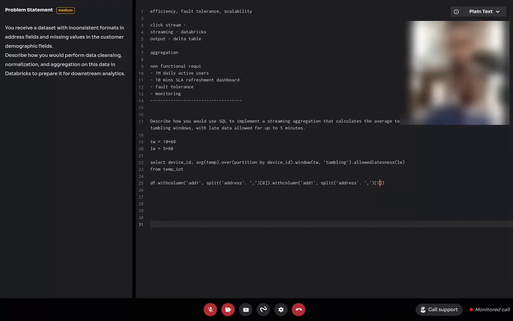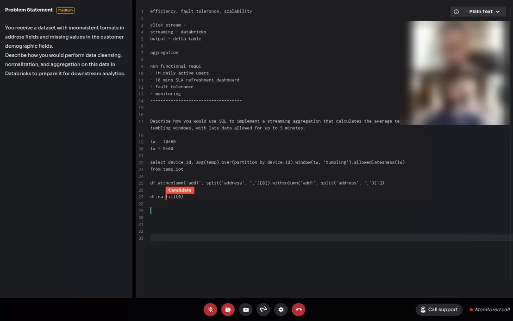Now, you have to fill missing demographic data. Maybe age is missing, gender is missing. Can you write it in one line? How will you do that in data frames or data sets? Let's say age is missing and you want to add zero, and let's say gender is missing and you can add unknown.